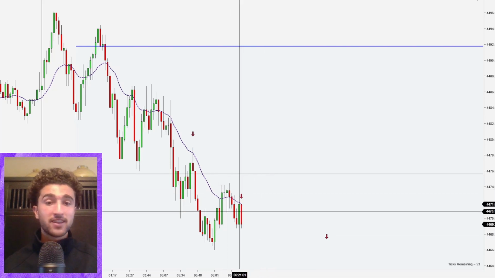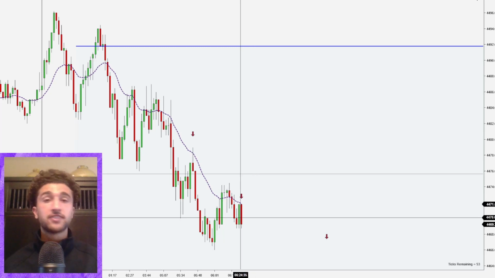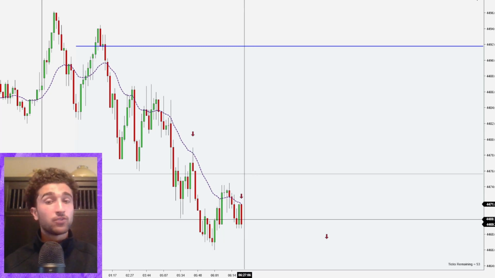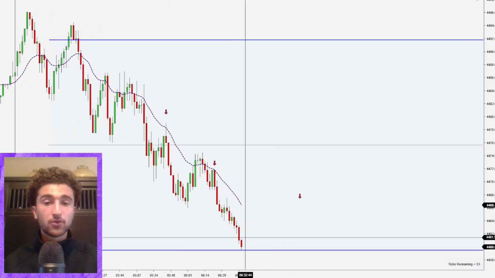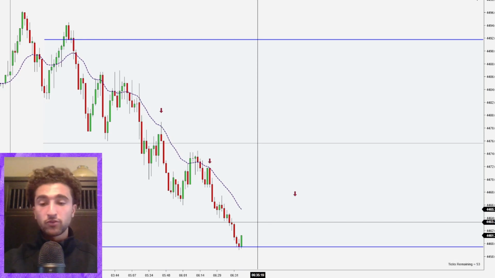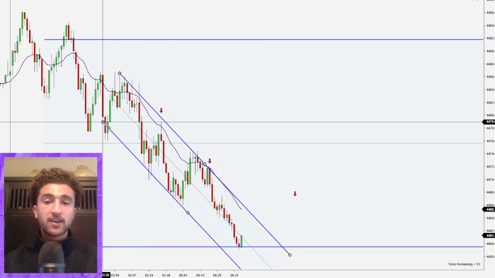because the EMA is still rejecting prices, we're still making lower highs, lower lows. It's just signaling that the sellers are still present in this market. We're still expecting to go lower until we're proven otherwise. So we keep going lower, and at this point, we might want to consider a wider term downtrend like this